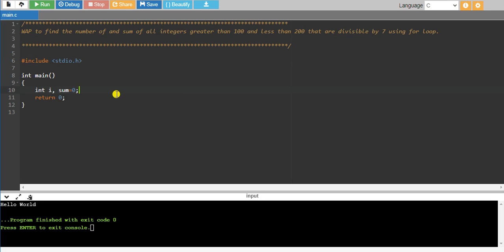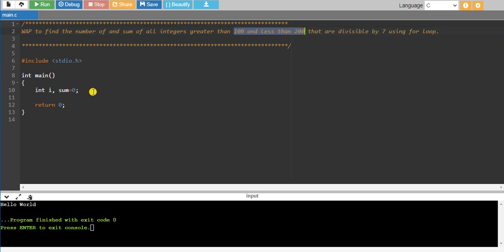We are not expecting any user input here because there is already a constraint: from 100 to 200 we have to identify the numbers which are divisible by 7.